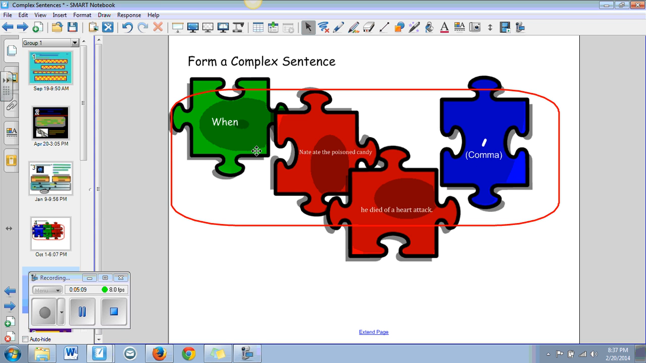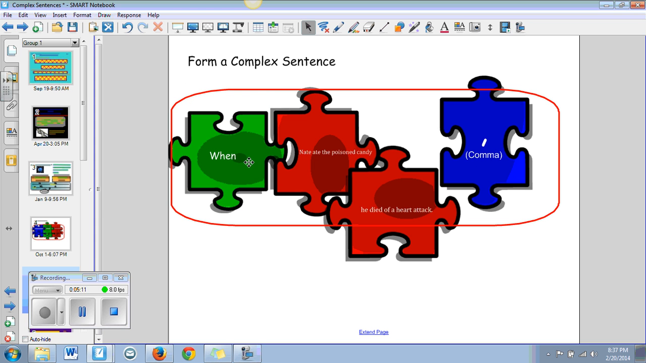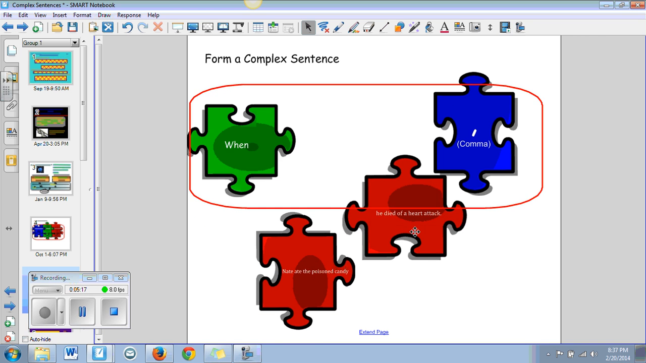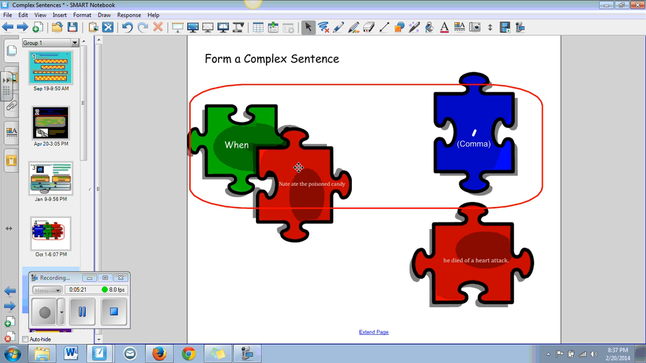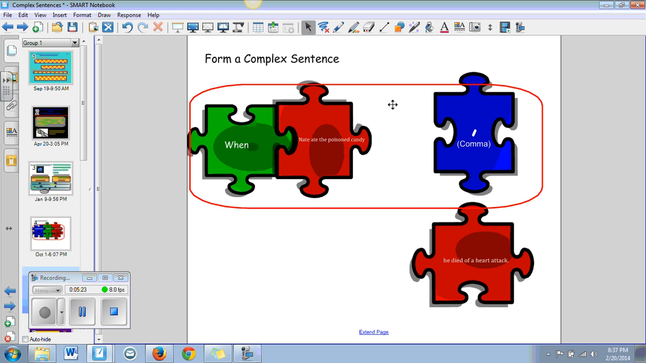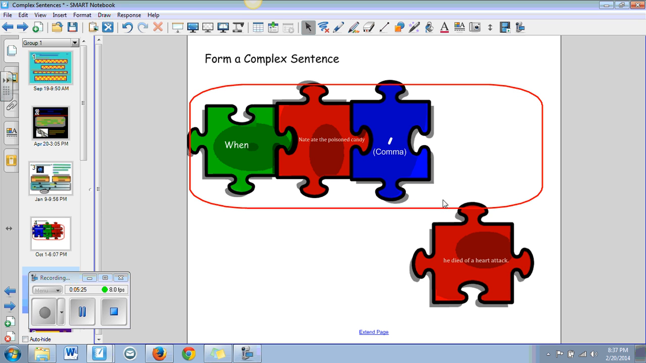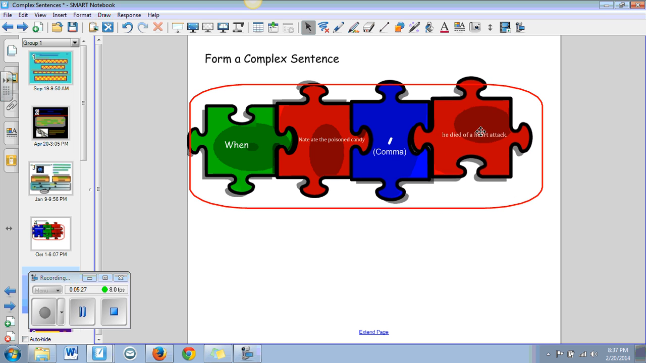All right, so I know that if my subordinating conjunction is in the beginning, I'm going to have a comma. And so they gave me that comma, which means that I'm going to have to use it. So when Nate ate the poison candy, comma, he died of a heart attack. Here we see that we have this subordinating conjunction that starts our sentence, so therefore we must have the comma